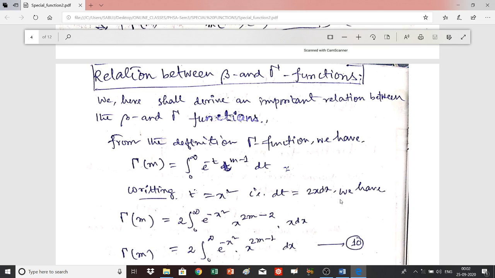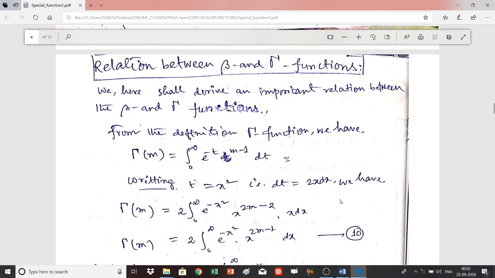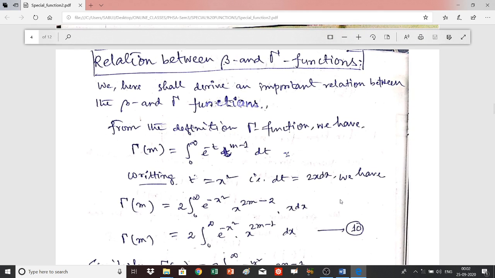Our intention, our wish, our motivation will be to convert a beta function to a gamma function as soon as possible within the calculation. And if it is done, then we will enjoy the calculation very much. And know that